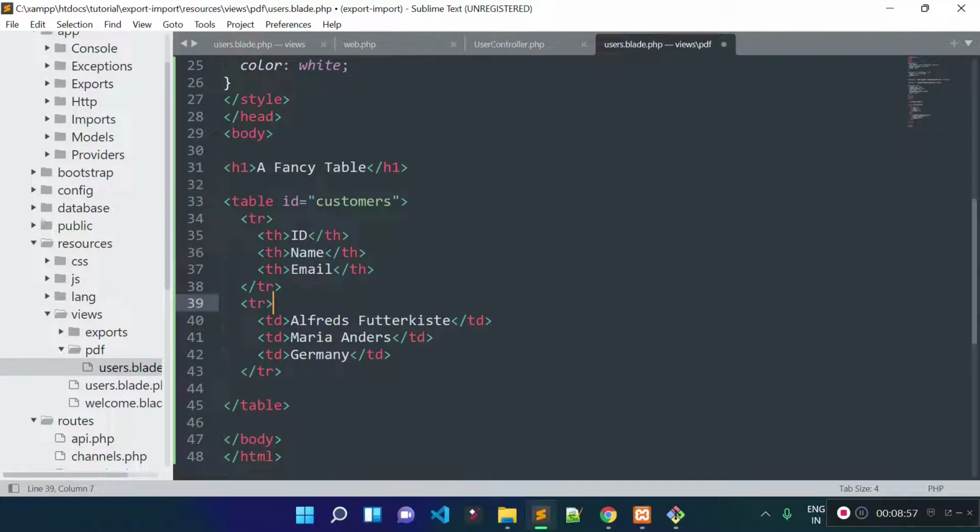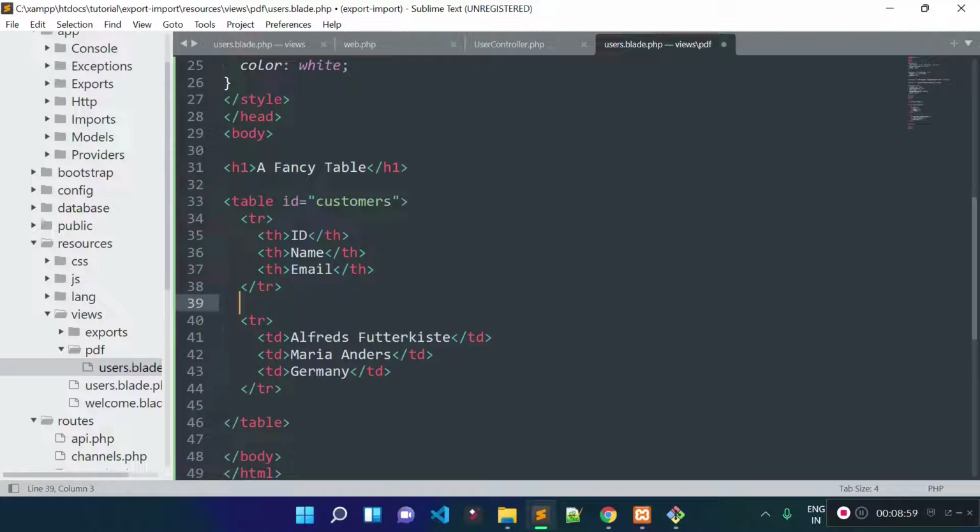So that is good. Now here what I'm going to do, I'm going to check if any users found or not. So I will check if count($users), that means if there are any users found inside our users table, right?